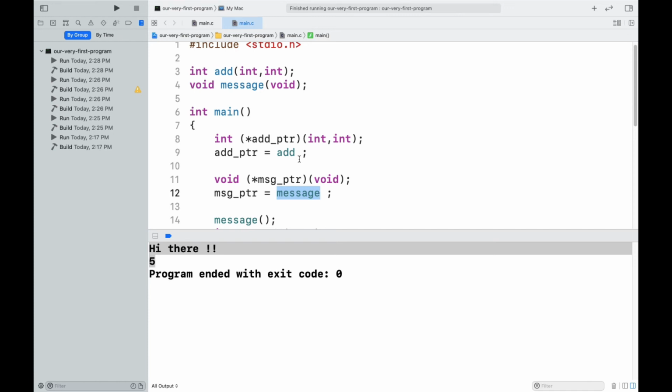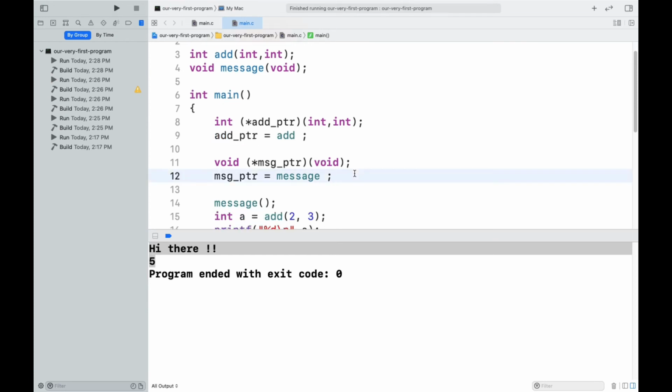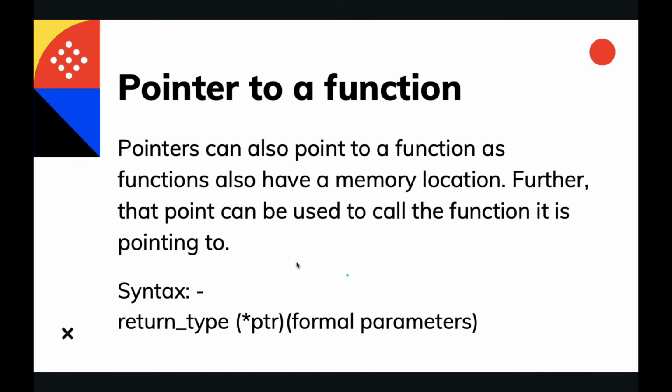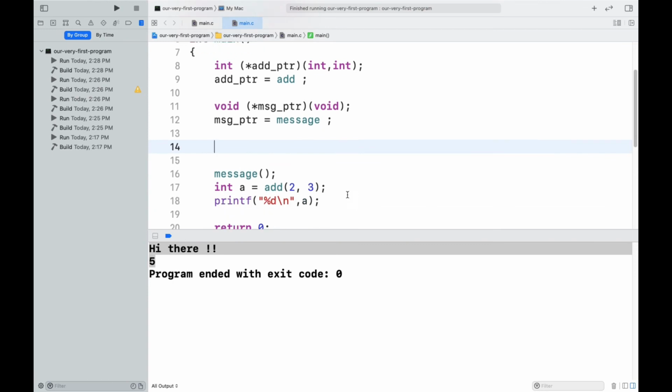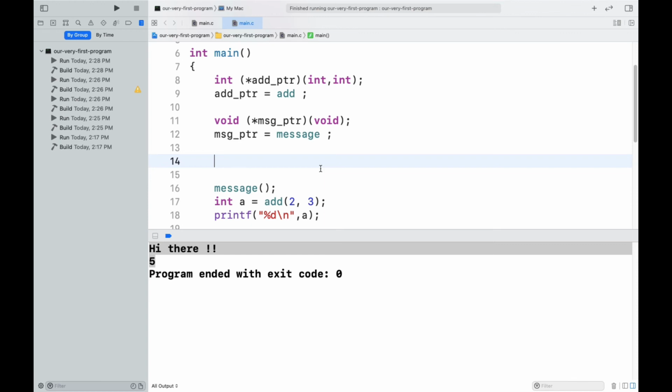Now how can we access, or how can we call these functions using these pointers? The syntax is similar to this. You need not specify the return type, similar to a function call, and you need to give the actual parameters instead of formal parameters. You just need to call the pointer and give it the actual arguments.